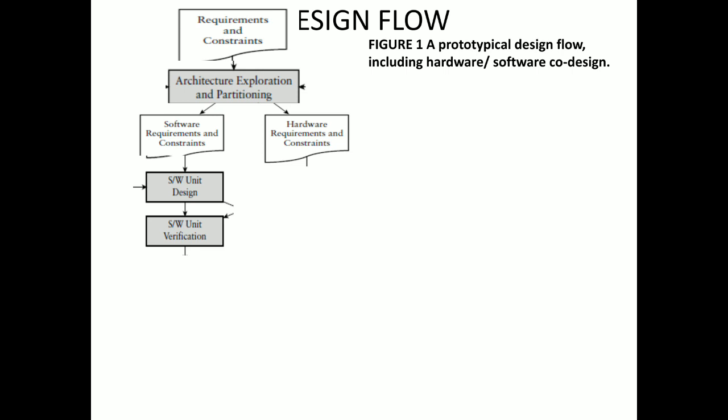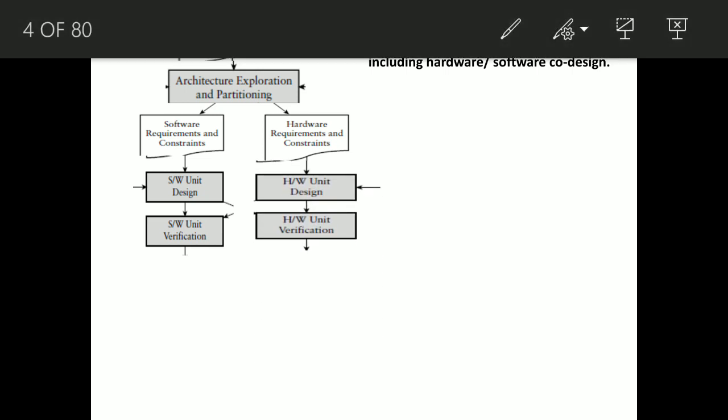And once we describe the design, we need to verify whether the design will give the actual output. Means we will be going for a simulation approach here. So first we will design, then we'll go for verification. Similarly for the hardware part also, we will design the hardware part and verify it. After that, if it is giving the proper output, we will continue to the next step. Else we will fix the bugs, meaning we will check where the problem occurred, and we will redesign it.